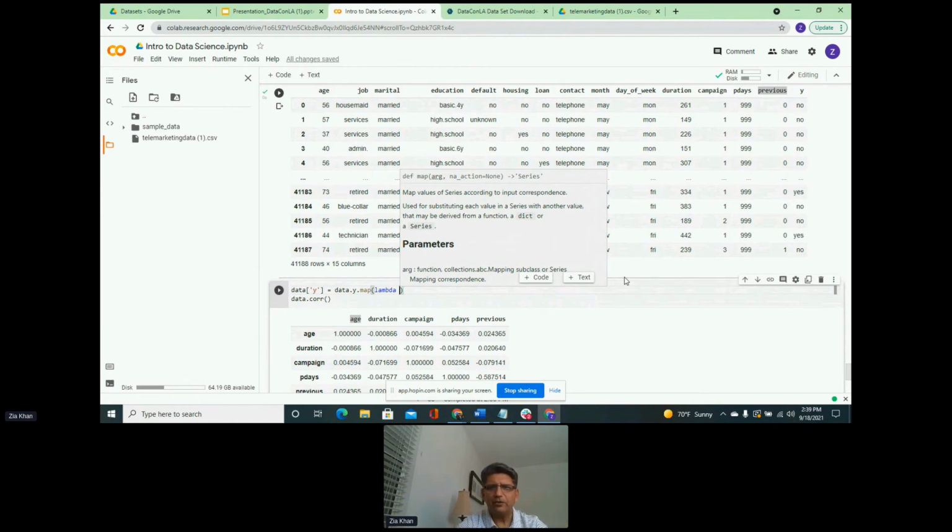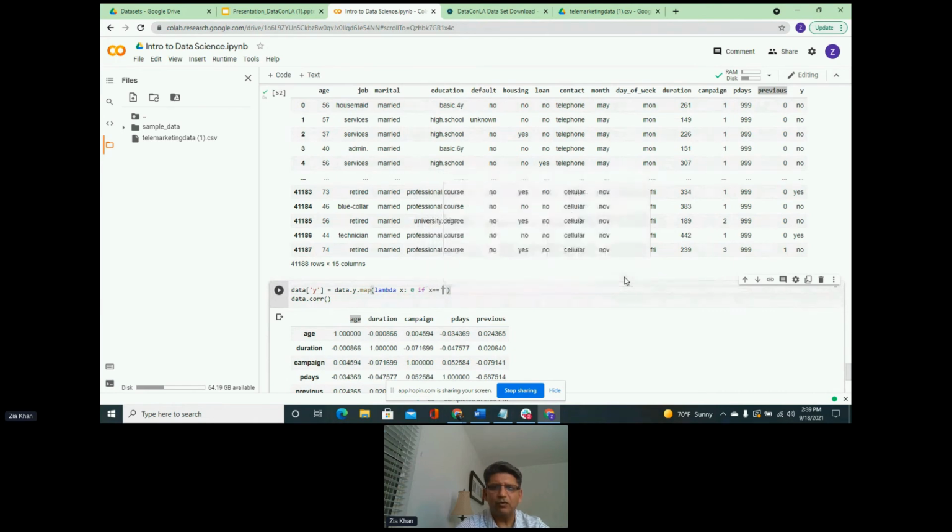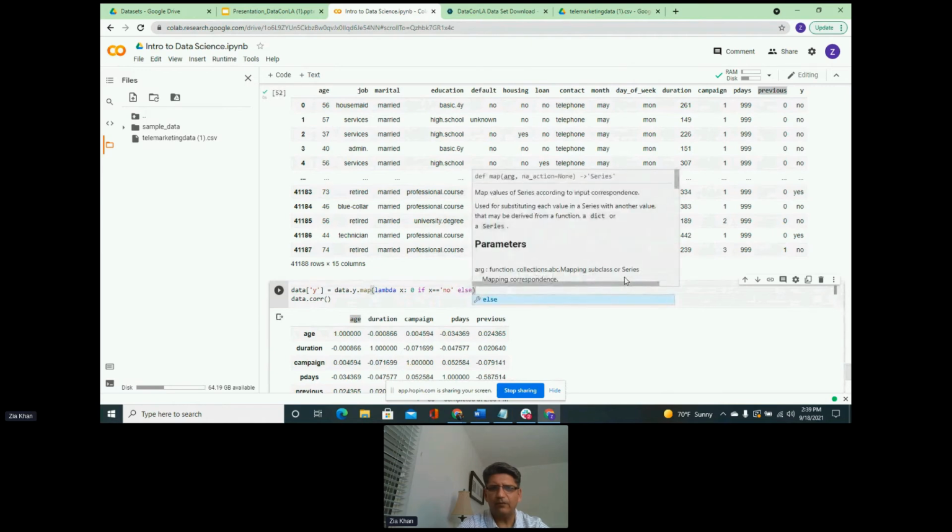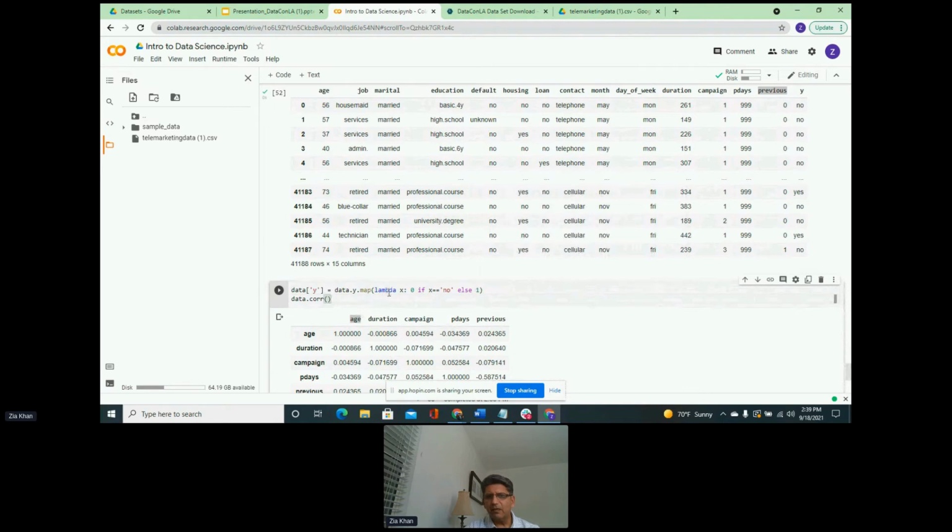We say 0 if the value is equal to no, and if the value is not no, then we want to make it 1. So this is how you write a lambda function: if the value inside this y is a no, you replace it with a 0.